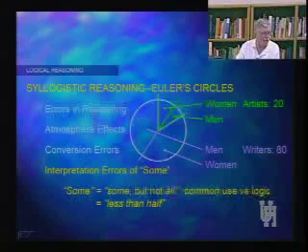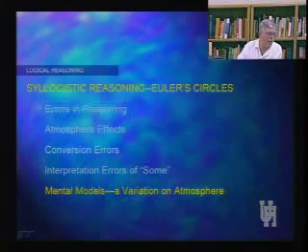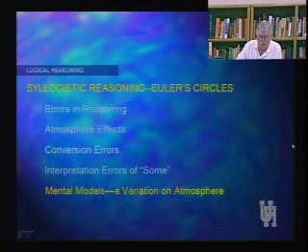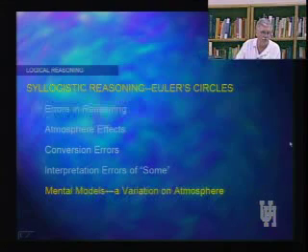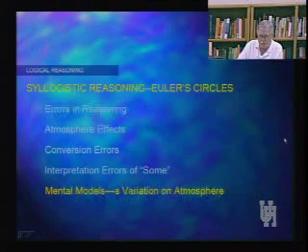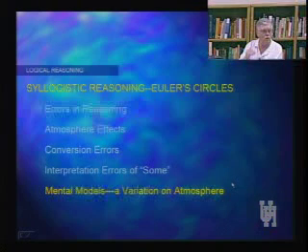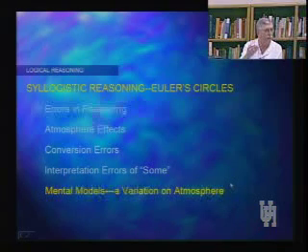Another way to look at this is to look at mental models, which is a variation on the atmosphere effect, as we were talking about it. Johnson-Laird has studied the mental models that we develop to represent syllogisms, the circles, among other things that I was showing you earlier. And decisions, he argues, are basically based on checking the conclusion against the models that have been created. So instead of working logically through what's possible using Euler's circles, for instance, what you and I tend to do instead is to take a given premise and compare it against our knowledge, our understanding of the world of which we are a part.